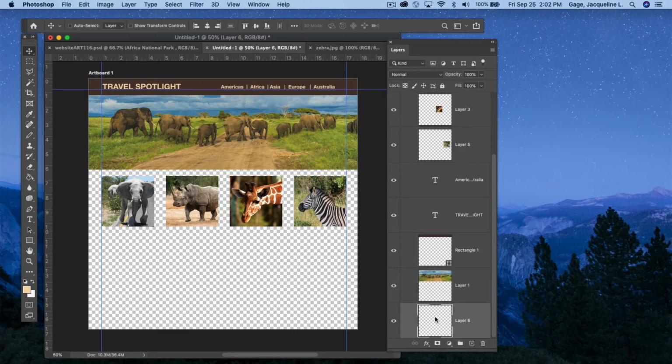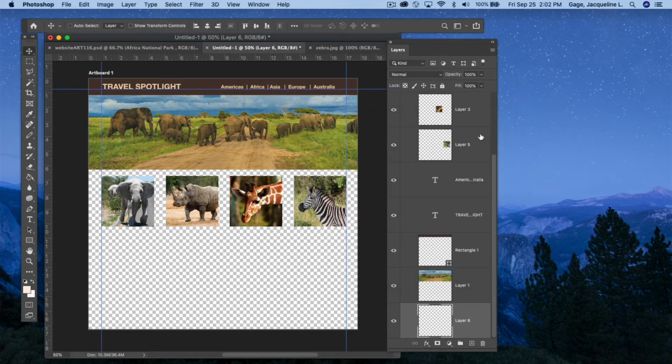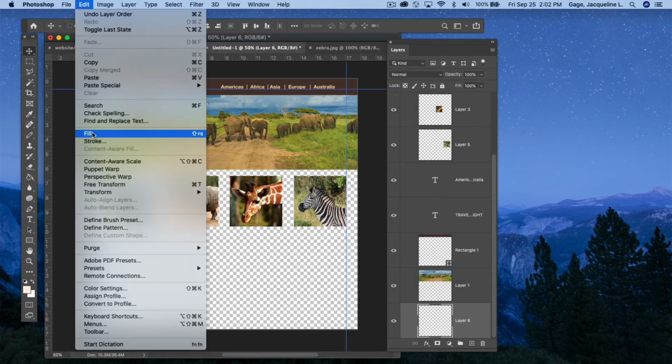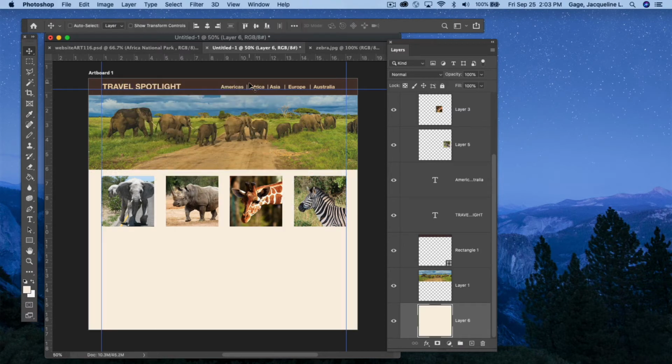I'm going to select this layer and I'm going to fill it with a color. So I'm going to go to my color picker right here. When this opens up, I can come in here and select a color, and maybe I'll do a kind of light one from the dirt and the rhino here, maybe a little bit lighter. So grab that. When you're happy with your color, you can go Edit, Fill, and I can fill the contents based on the foreground color. And that's what I want, so I'm going to say OK. And now I have a background for